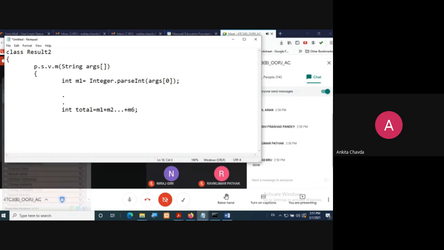And then here you are taking float percentage equals total, but you need to convert it into float first, so you need to do the typecasting, and here you will write total divided by 6.0, because you are having 6 subjects, right? So this is what you are doing, and simply you are printing. Okay, I'm writing in short System.out.println, and you just need to print it. So I hope this program was so simple, right? And you have done it. Is it so? Done. Very nice.